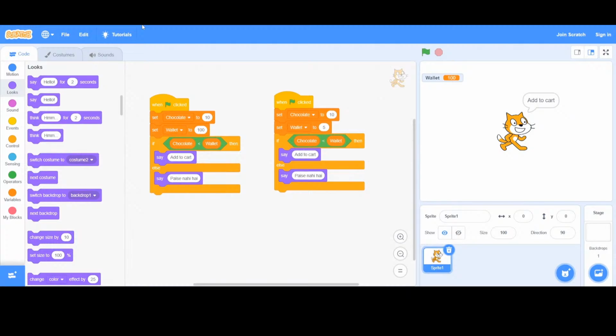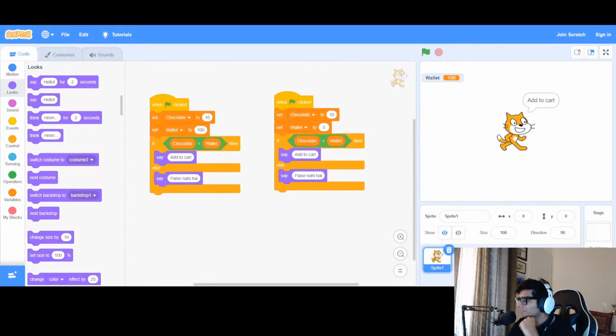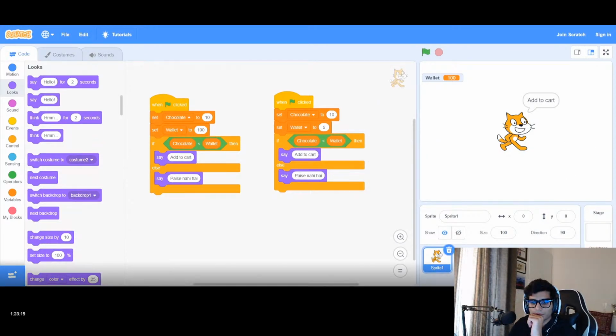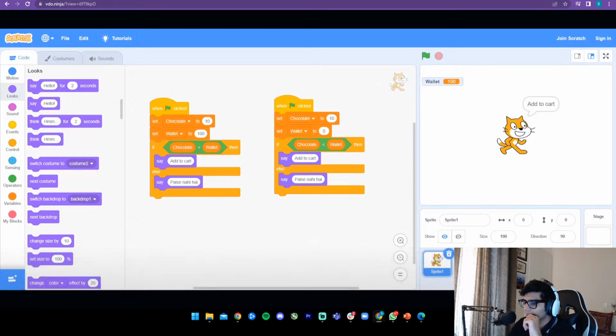बिल्कुल, कूल। तो ठीक है, आई एम श्योर कि सब लोगों ने प्रोग्राम बनाया होगा साइड बाय साइड। कितने लोगों ने ये प्रोग्राम साइड बाय साइड कंप्लीट कर लिया है? हाँ गाइस, अगर किसी ने कंप्लीट किया है तो चैट में लिखकर बताइए। जस्ट राइट योर नेम इन द चैट कि मैंने कंप्लीट कर लिया।